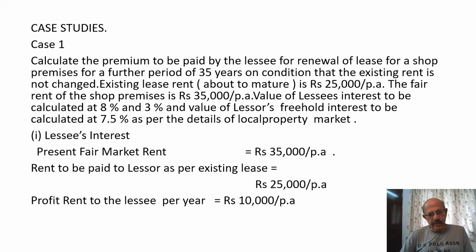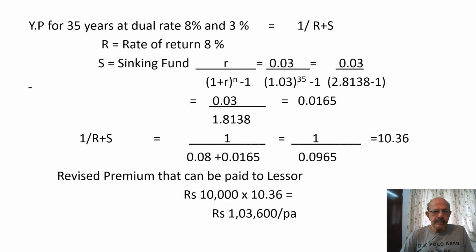First, the lessee's interest. The present fair market rent is equal to 35,000 per annum. Rent to be paid to the lessor as per existing is rupees 25,000 per annum. Profit rent to the lessee per year is equal to 10,000 per annum. Years purchase for 35 years at dual rate of 8% and 3% is equal to 1 divided by R plus S. So rate of return is equal to 8%, and sinking fund is equal to R by (1 plus R) the whole raised to n minus 1. That is equal to 0.03